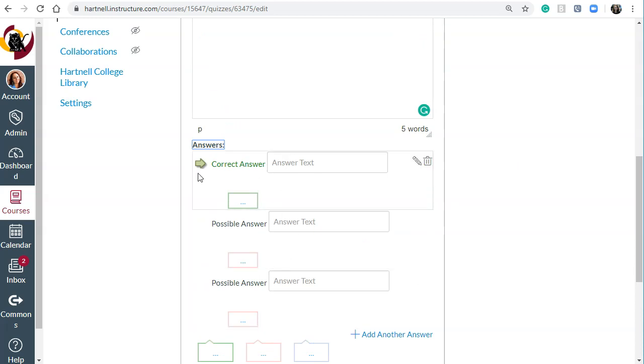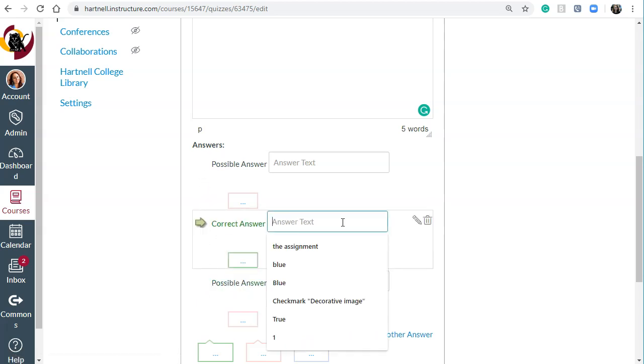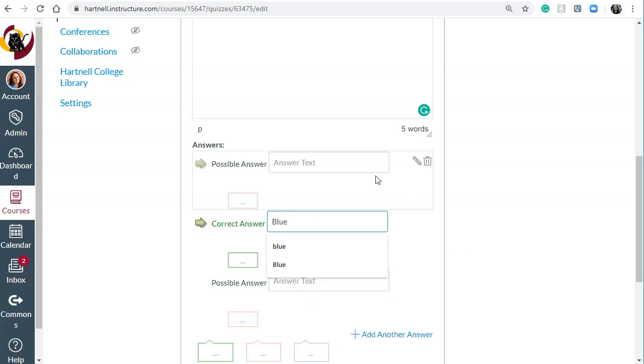The top one is correct. If you didn't remember to shuffle your answers, make sure that the first answer is not always correct. So you might want to go down here and make this the correct answer. You do this by hovering over the correct answer and clicking the little green arrow that shows up to the left of the answer. So right now we'll make this one the correct answer, and we'll put blue,